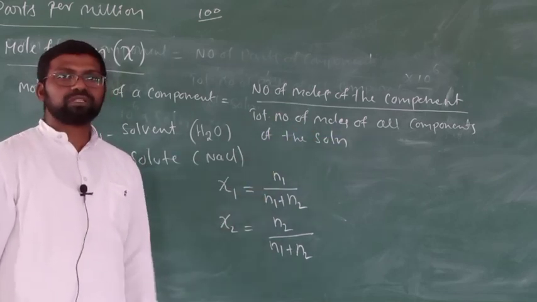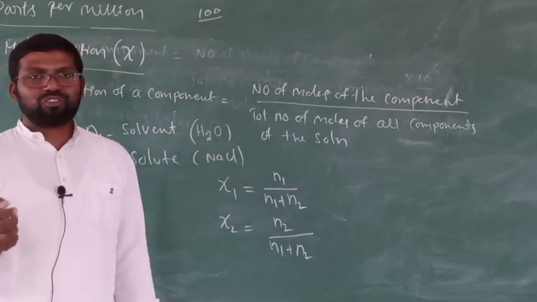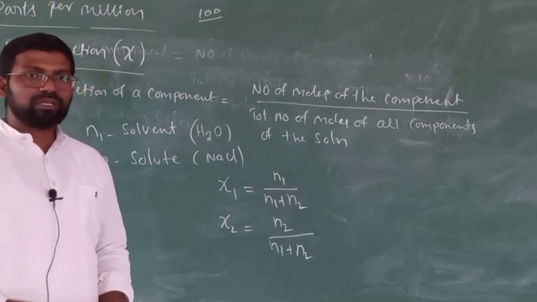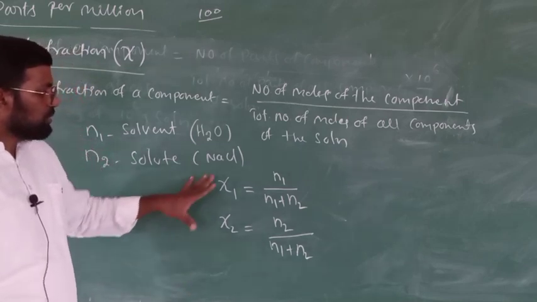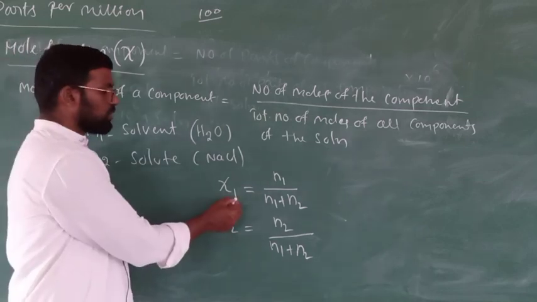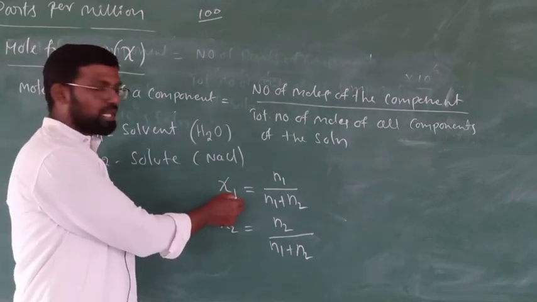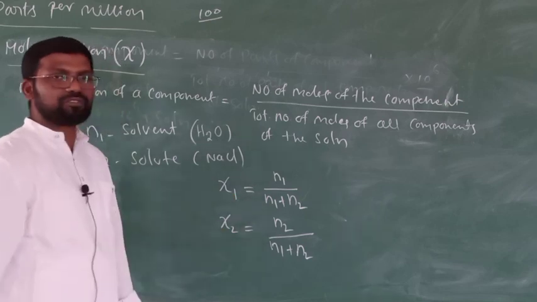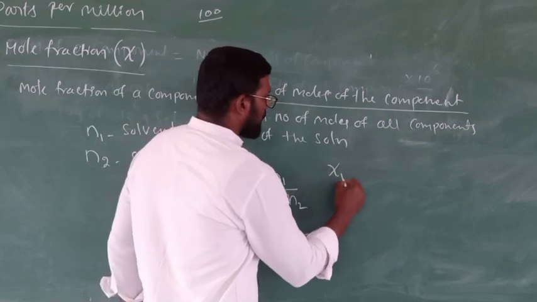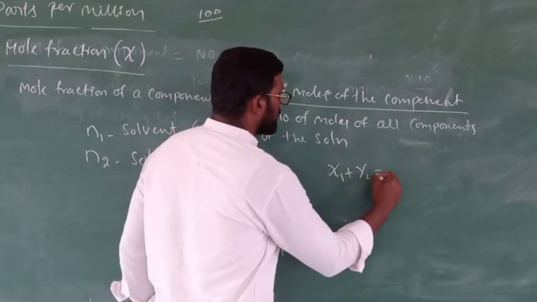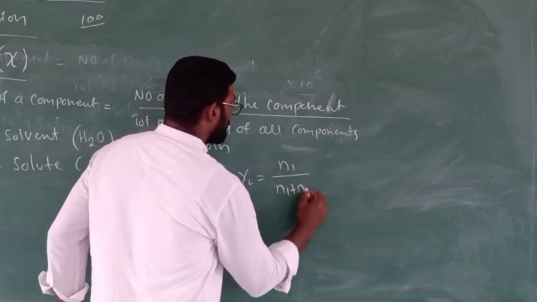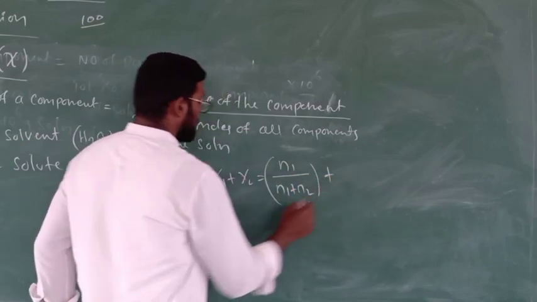But in the numerator we are going to use the number of moles of the component whose mole fraction is to be determined. Right. So dear students, now we'll see one small important relation. Here x1 is the mole fraction of solvent and x2 is the mole fraction of solute. Now let us add these two. Mole fraction of solvent plus mole fraction of solute is equal to n1 by n1 plus n2 plus